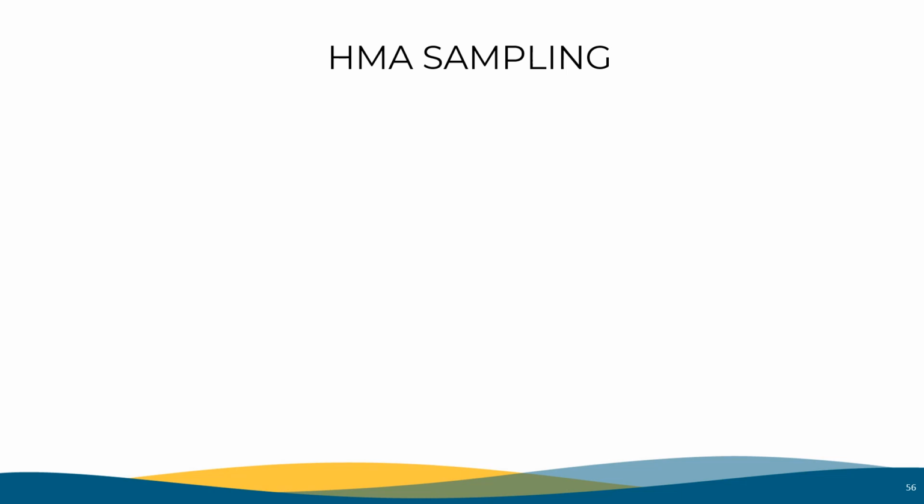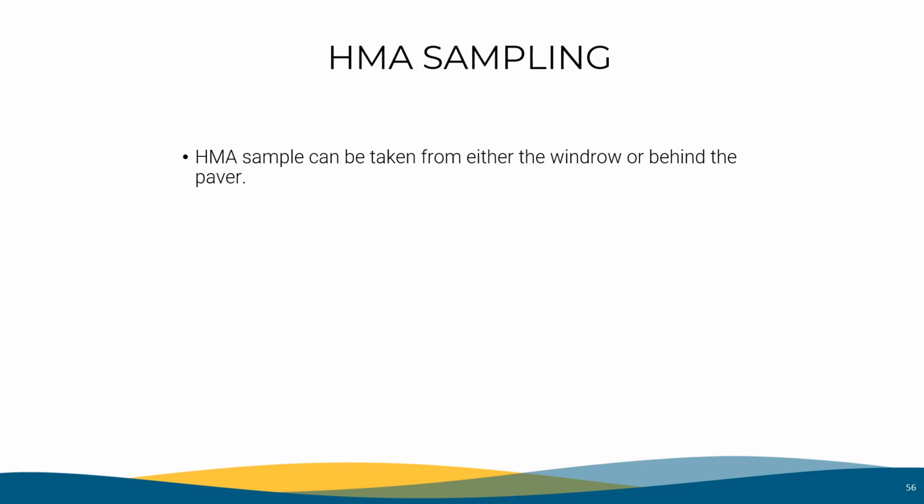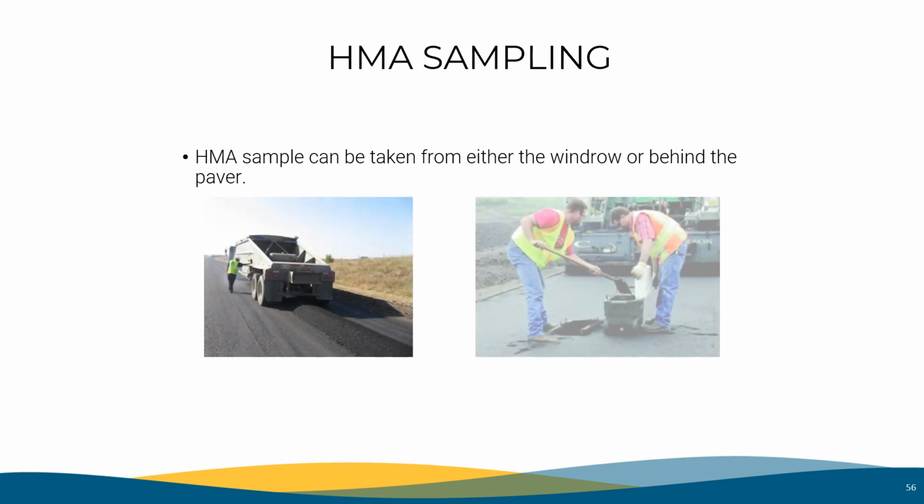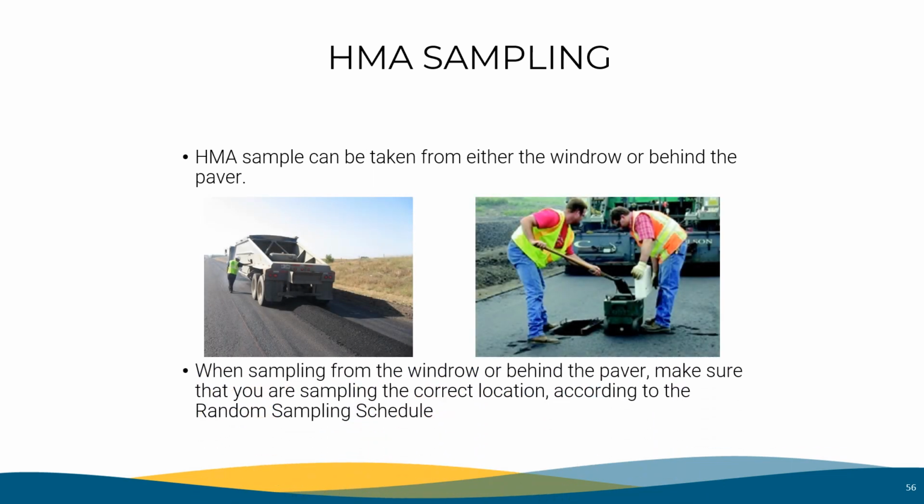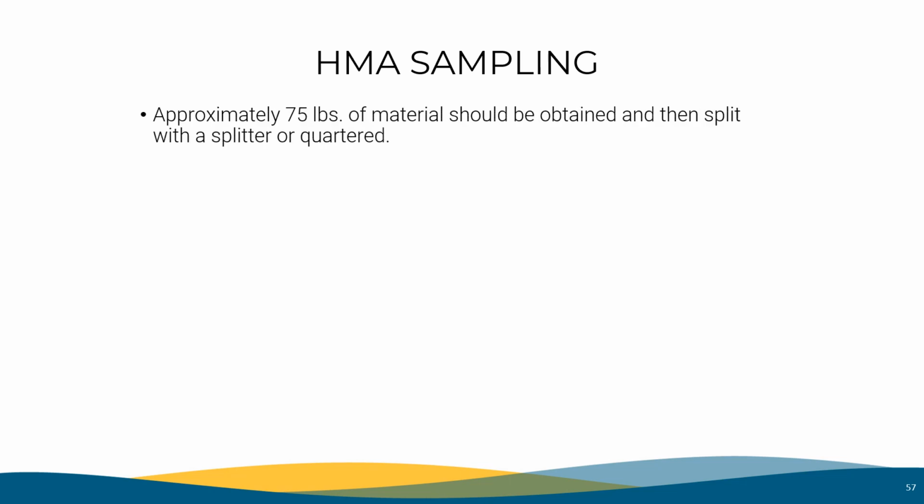Now let's get to the sample. HMA samples can be taken from either the windrow or behind the paver. It is important to know that you are sampling the correct location according to the RSS. In the specifications or special provisions, approximately 75 pounds of material should be obtained and then split with a splitter